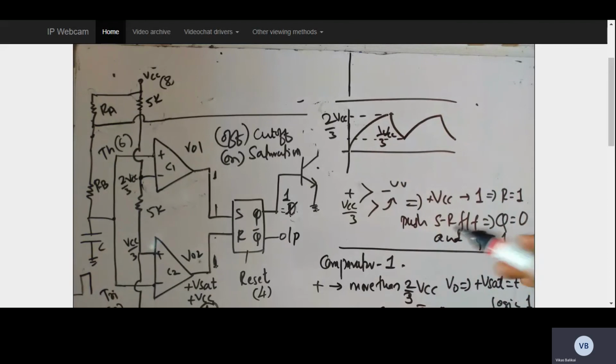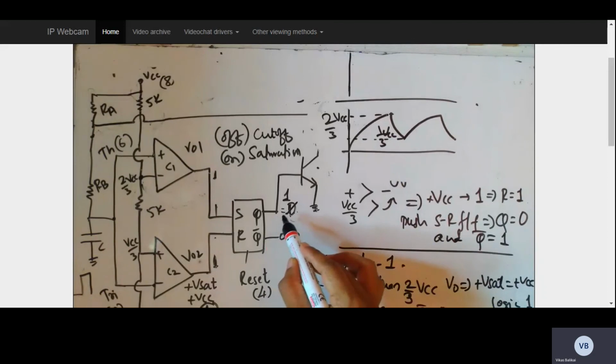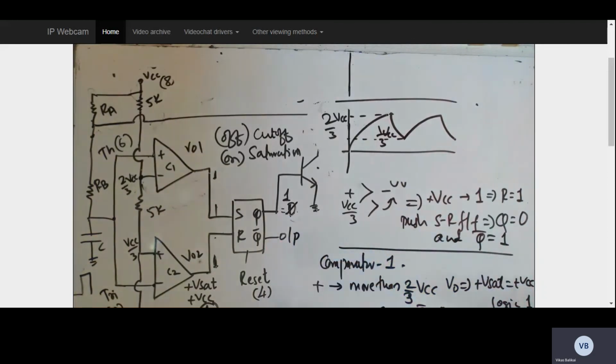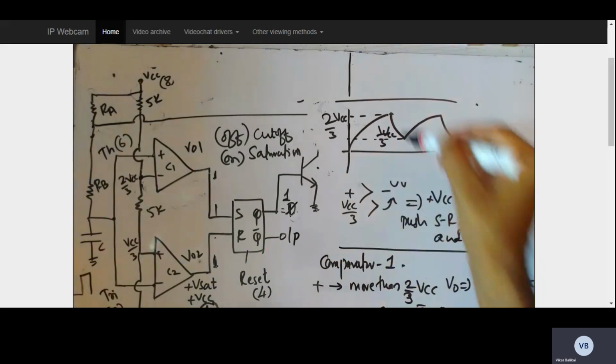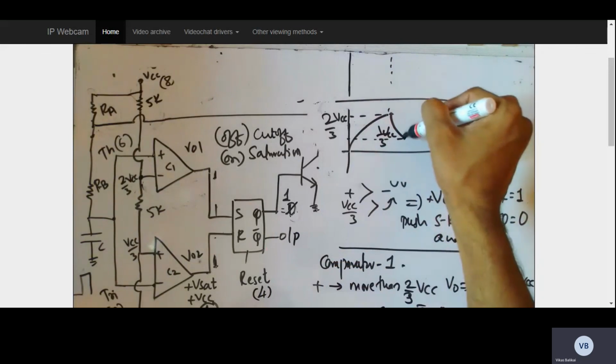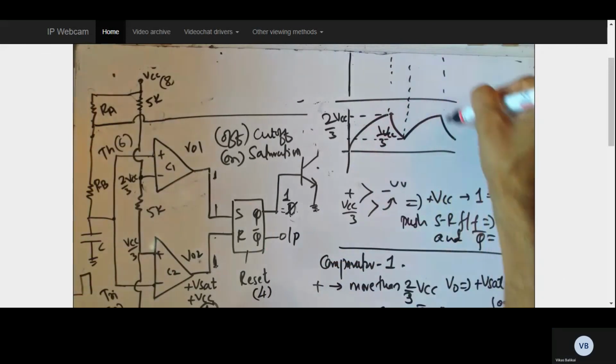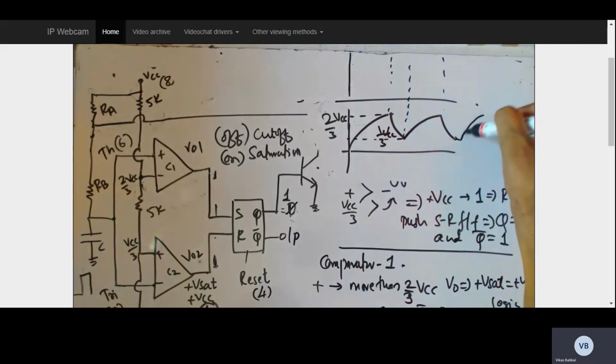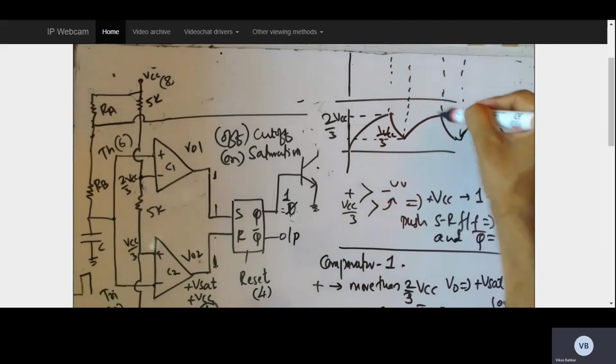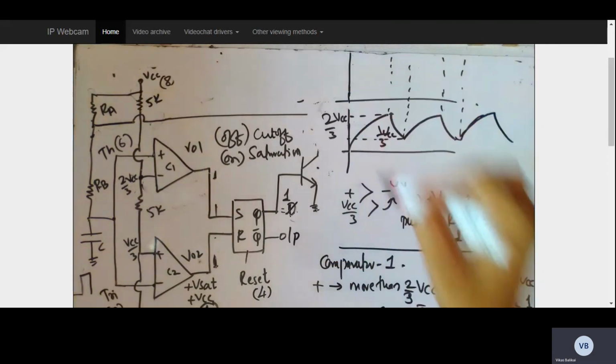Now in the meantime, what will be my output voltage at my output terminal? Here my output voltage is fluctuating between 0 and 1, and that 0 and 1 will be retained for the duration when the capacitor is on or off. So if I consider that particular state, I can just write the capacitor charging and discharging value in terms of output voltage as follows.